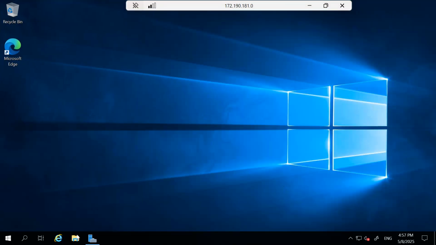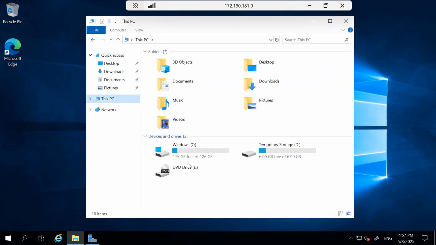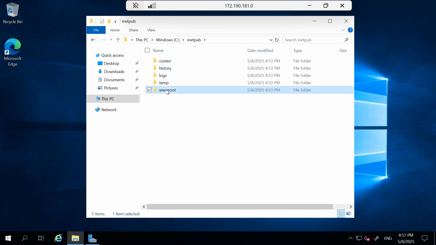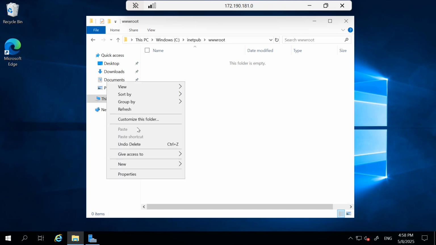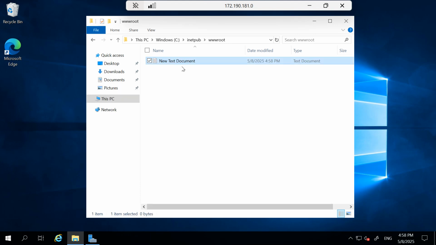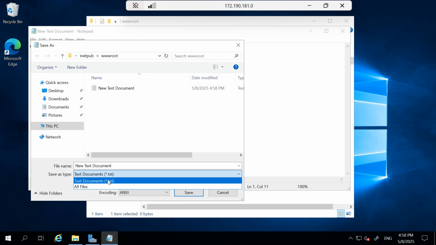Just go to web server 1. Here just click on files, go to this PC, and in the C drive you have inetpub. Go to inetpub and go to wwwroot. Here select all, delete. Here you are going to paste your content. As it is for lab purposes, I am going to create one new text document and go inside the document. This is web server 1. Okay, I am going to mention the same, web server 1, file, save as, and here you need to set